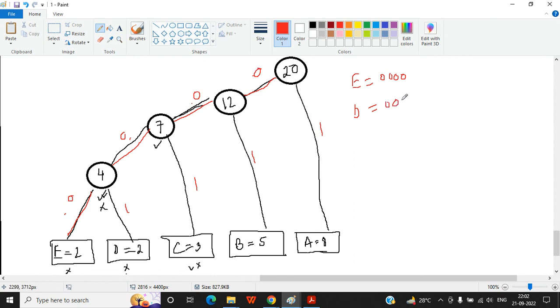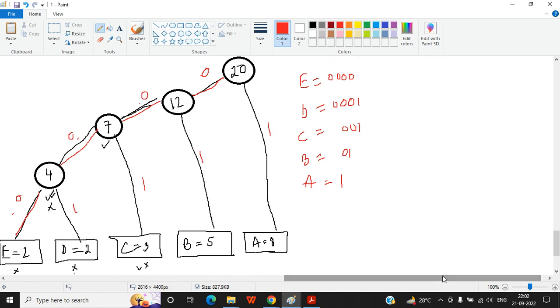C will be coded as 0, 0, 1, 0, 0, 1. B will be coded as 0, 1. A will be coded as what? Just 1, right?